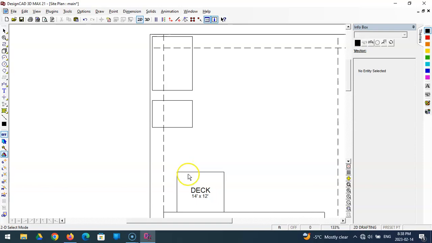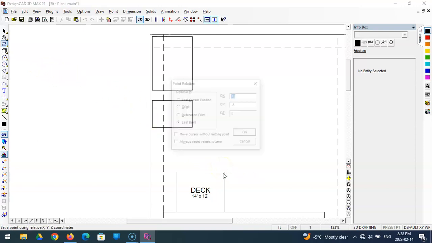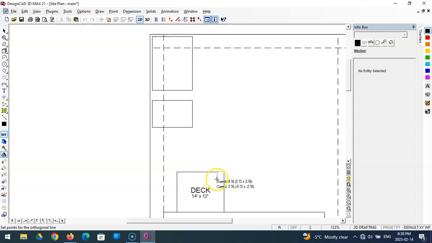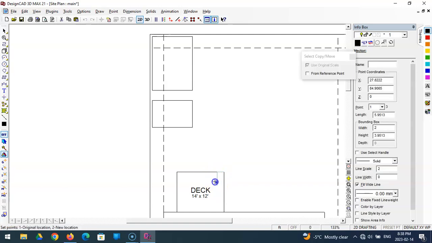And I'm going to go 2 feet in like this. So I'm going to use my line drawing tool, snap to this point. And I'm going to go point relative, -2, tab 0, enter. And then I'm going to go down and left click. Okay, I don't like to draw a line just over a line without this, because then it's hard to delete and I have extra lines. And that can cause me some grief when I get into some very difficult